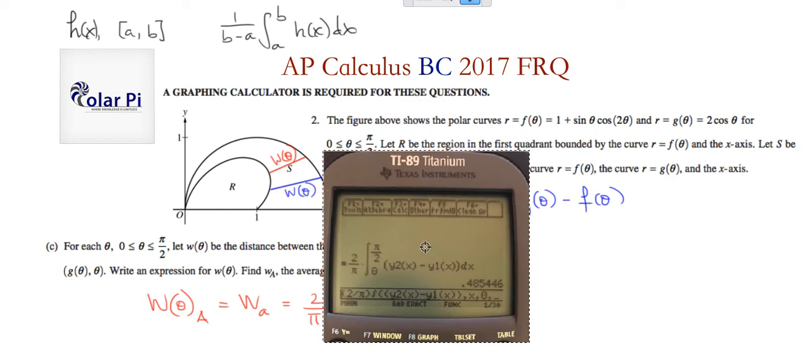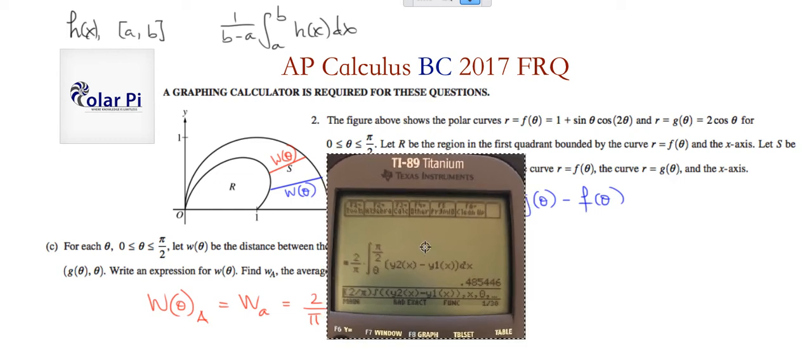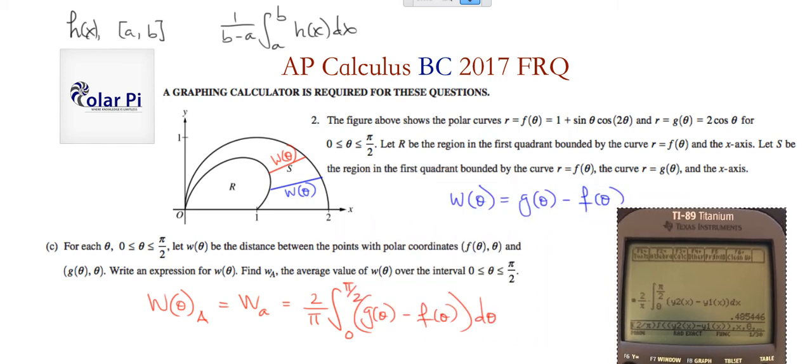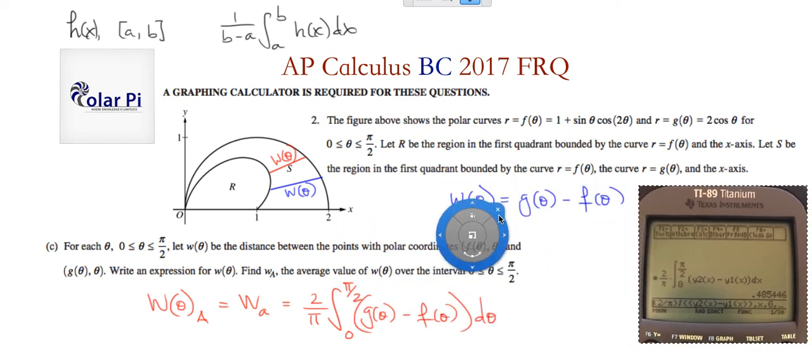Oh, hold on. I didn't mean to adjust it that way. Let me just get this right. So I did y2 of x minus y1 of x, and that's w of x. So I used x instead of theta, but so be it. But otherwise, I did the integral from 0 to pi over 2, and then multiplied by the appropriate constant, 2